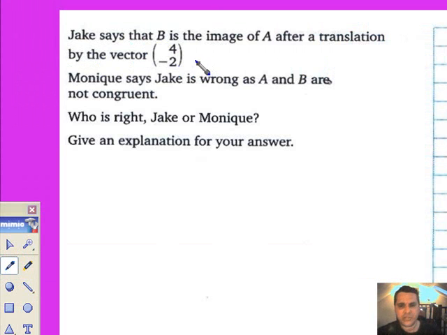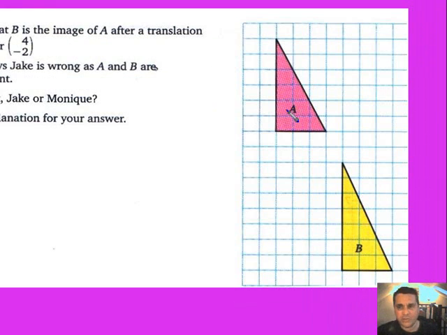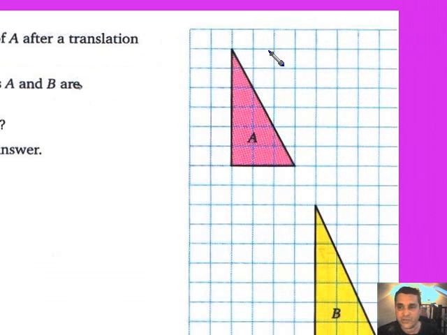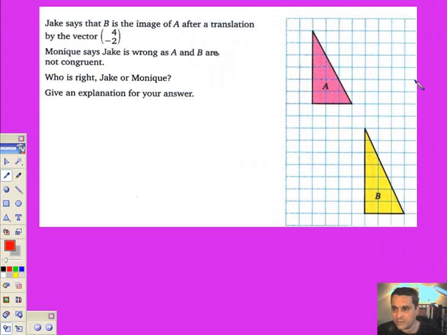B is the image of A. In other words, A is doing the moving. (4, -2): 1, 2, 3, 4, minus 2. No, nowhere near. Perhaps if we try 2 squares for each unit. 1, 2, 3, 4, minus 1, minus 2. Nowhere near. So it is not a translation. First we need to say Jake is wrong